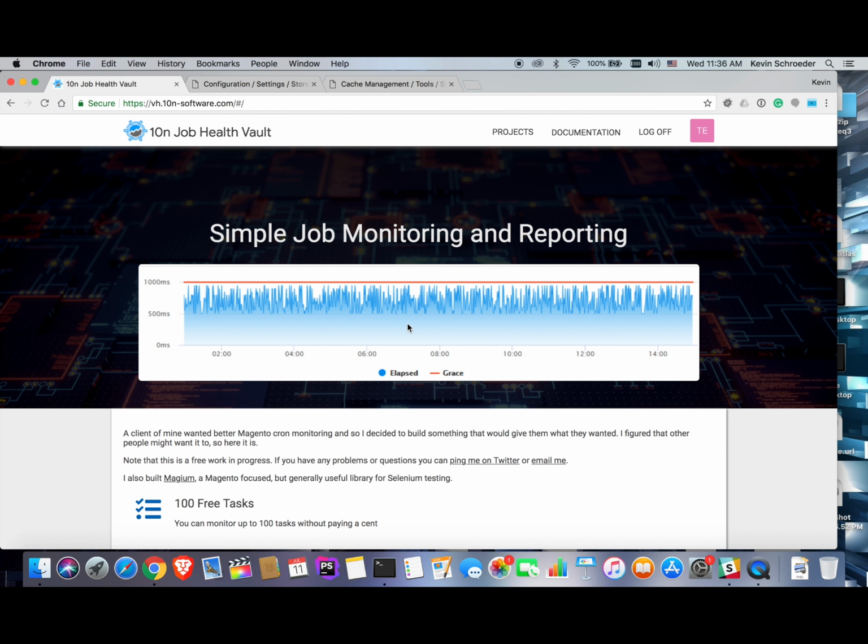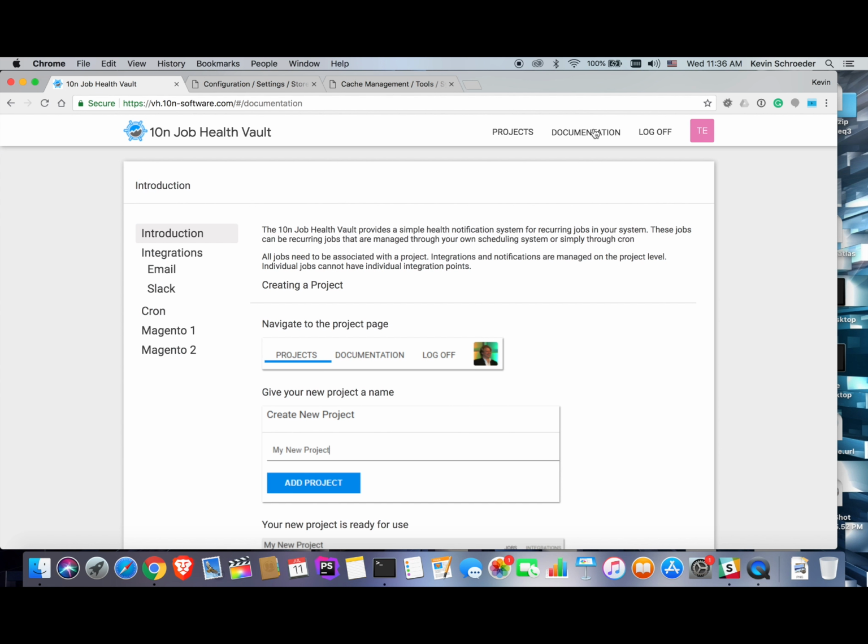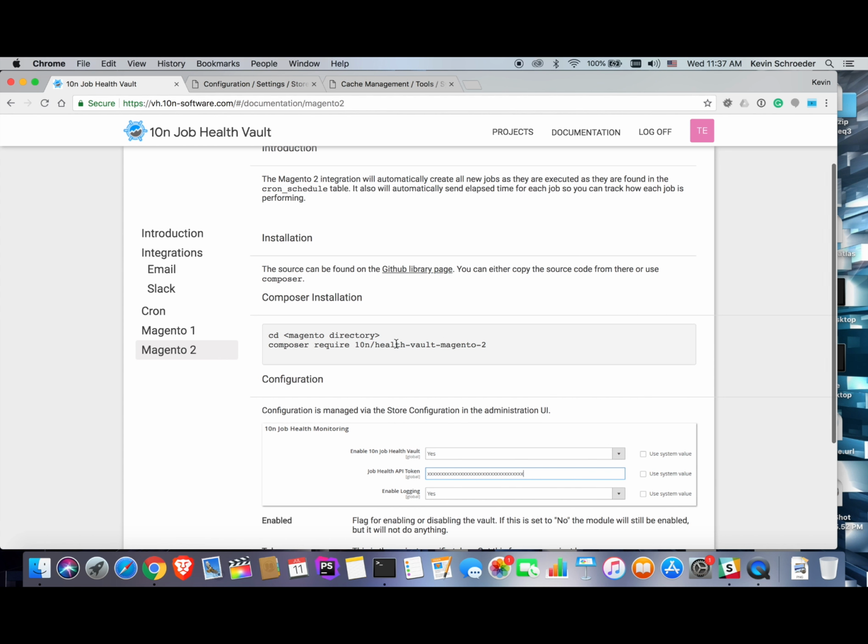This video shows how you install the Magento 2 adapter for the 10N job health vault. The first place to go is the documentation, where we select the Magento 2 section. In here, we have the basic instructions for getting the adapter installed. So we'll copy the command